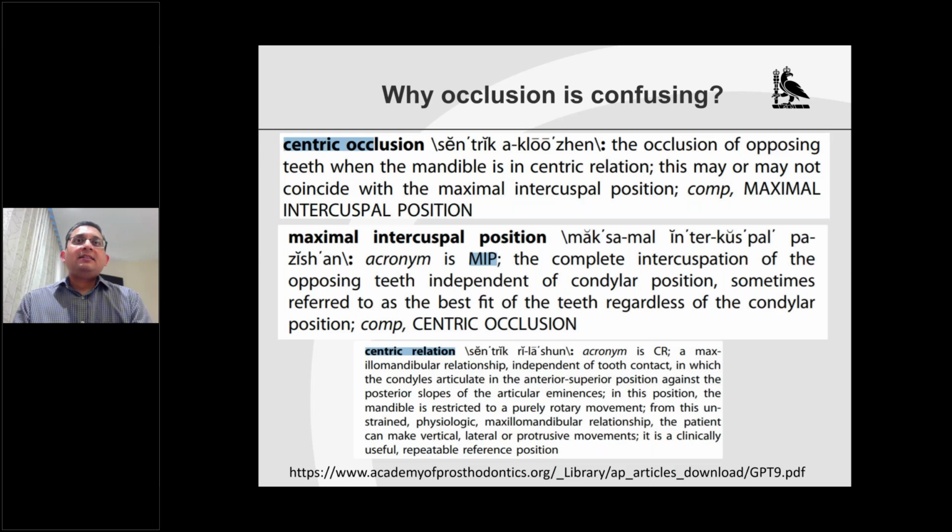And if you look at the definition, this is the document I would recommend. It's freely available. It's called Glossary of Prosthodontic Terms 9. You can see the link at the bottom, but if you Google Glossary of Prosthodontic Terms 9, you'll find a PDF version of all the terminologies you need to know about occlusion. I would recommend you read that rather than believe someone else's definition, because that definition has been debated and then published by an authority, people who really know what they're talking about. But even in this glossary, when they published the first document, the definition of CO was different than the definition of CO now. And that's why